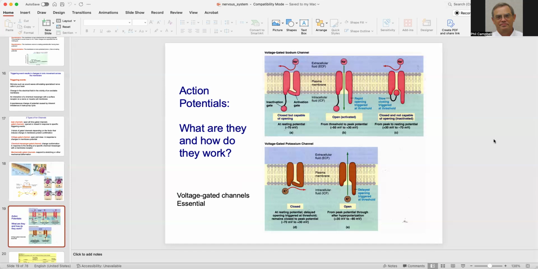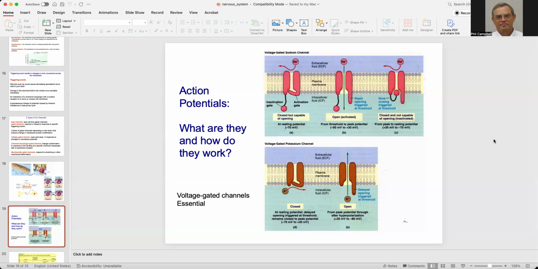Potassium flows out of the cell, down its concentration gradient. There's a rapid repolarization, which results in going from plus 30 all the way down past 0, all the way past minus 70, because those voltage-gated channels for potassium do not close until around minus 80 millivolts. They close. Both voltage-gated channels are closed, and now membrane potential reestablishes itself due to these leaky channels, which are